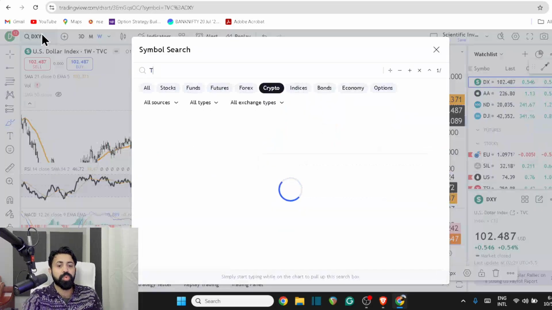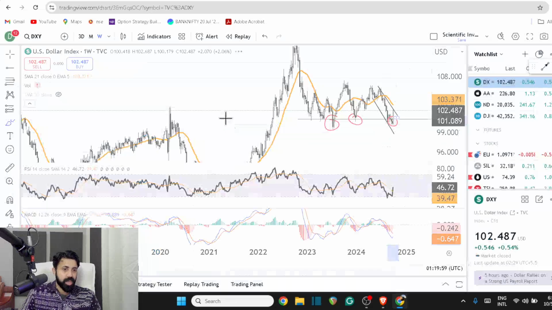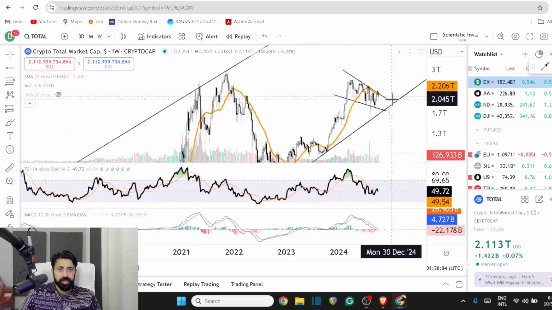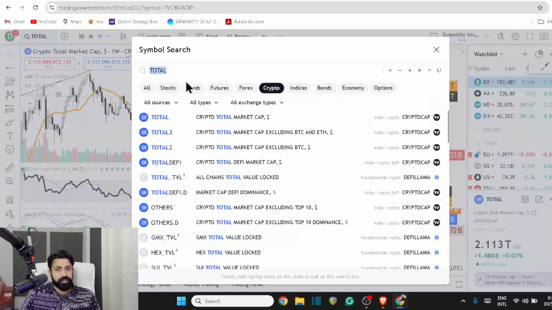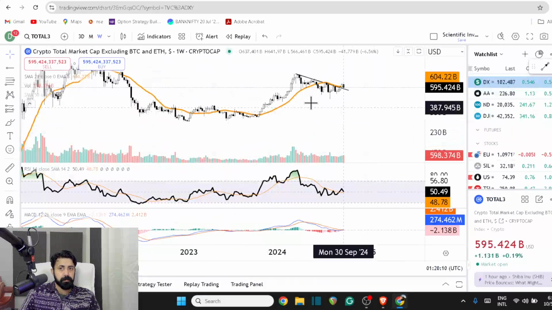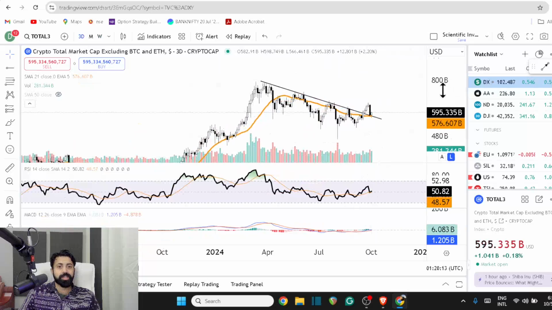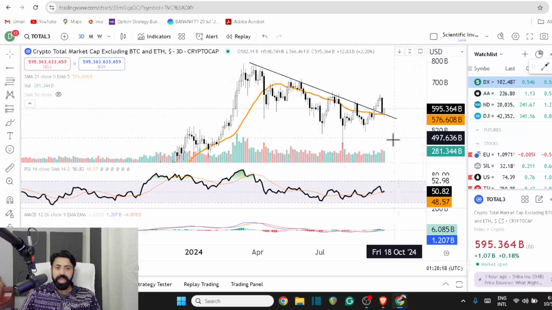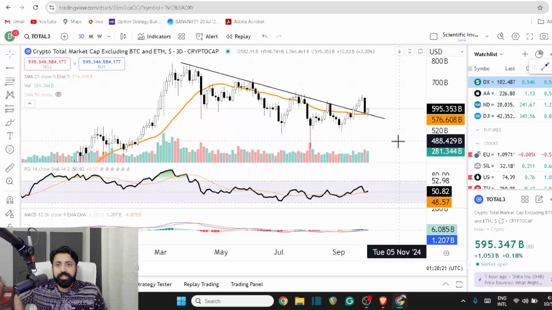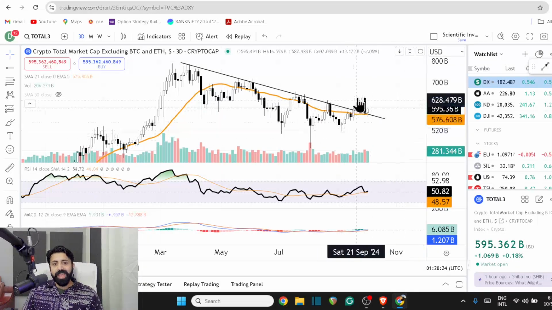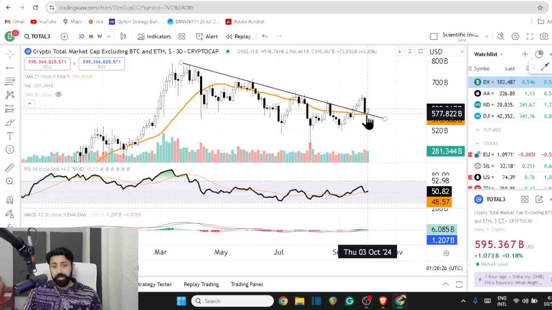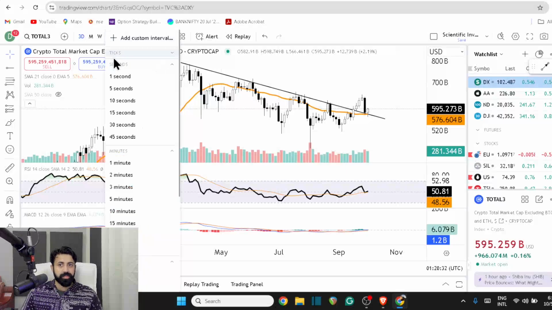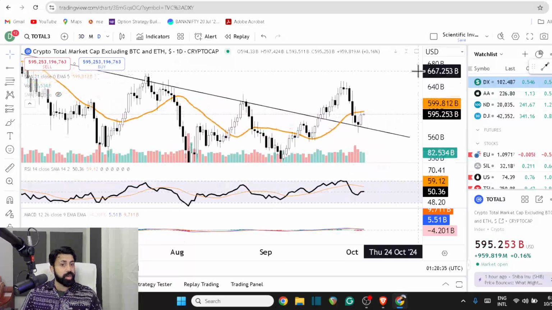That is exactly where you look at the total altcoin market. You pull it up and you're like, okay, it's not moving up. It's still inside the pattern. Okay, fine. But there is a bit of difference when you take the total 3. And this is something I want you guys to take note of. That means some assets inside the total crypto market, the altcoin segment, are showing you I'm breaking higher, I'm retesting, I'm staying above the moving average, and I'm bouncing off. That in itself is a positive story which you should note.